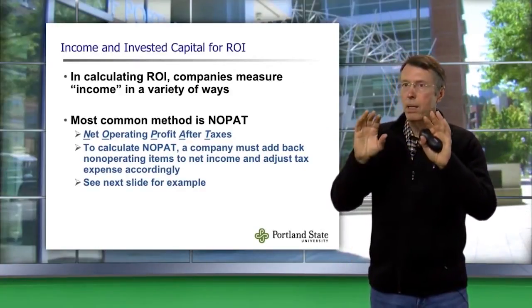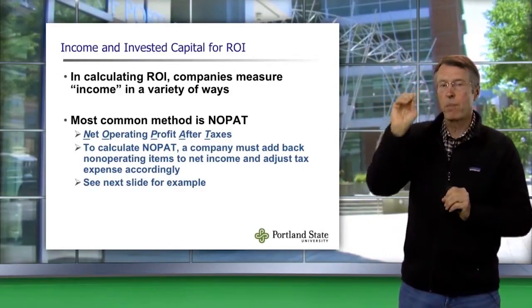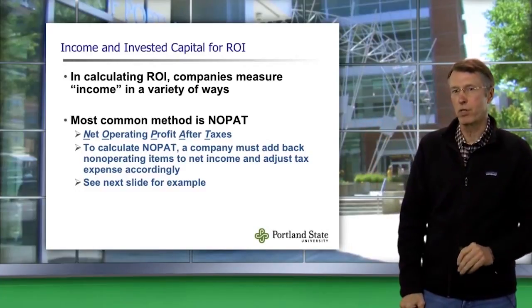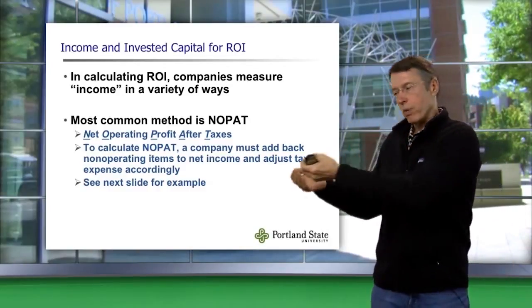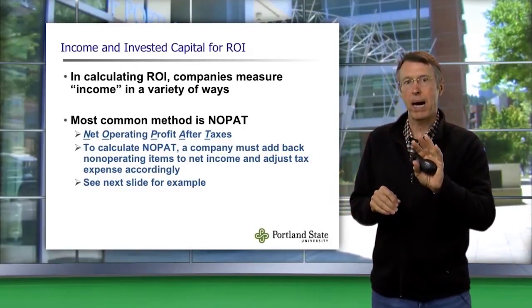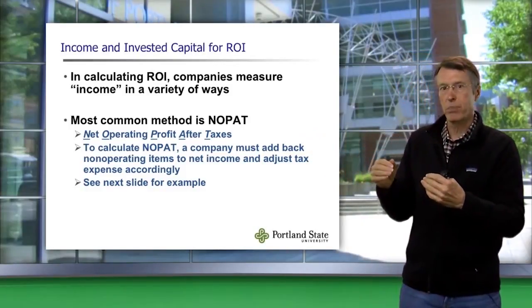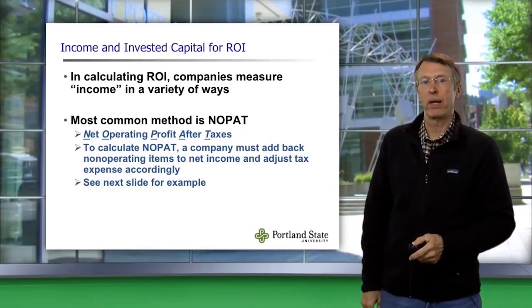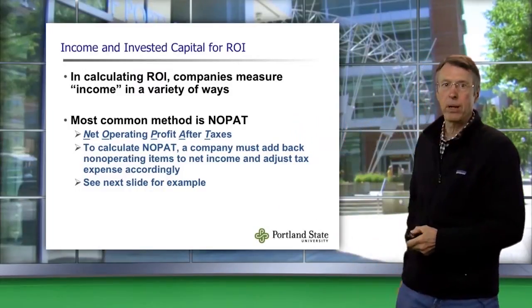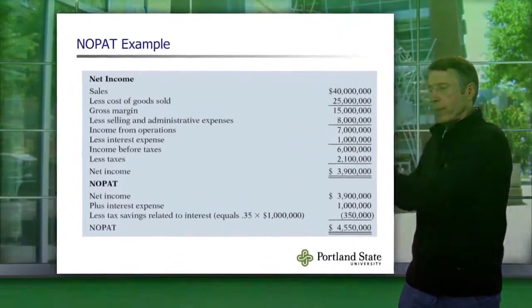We can look at income in a number of ways, but the most commonly accepted term is something called net operating profit after tax. And the tricky stuff here is we have to add back non-operating income. And then we have to adjust the tax benefits to make it a pure operating profit after tax. Here's an example on this next slide. If we can zoom in here,